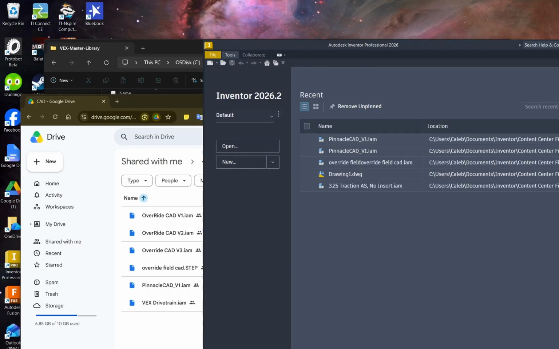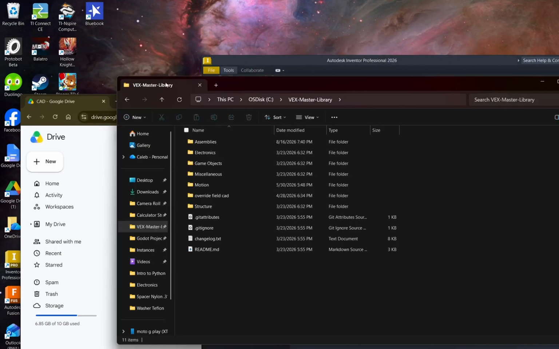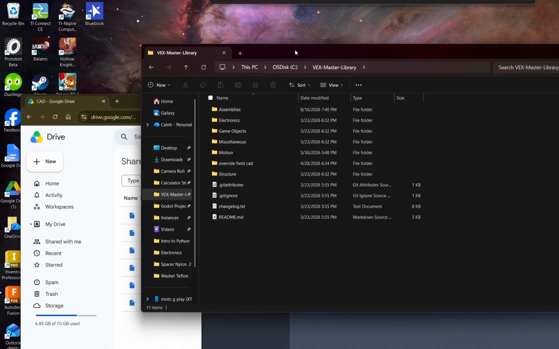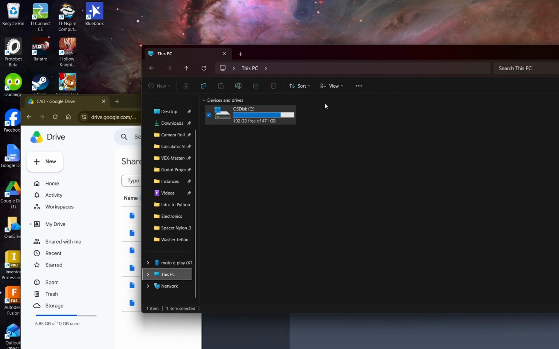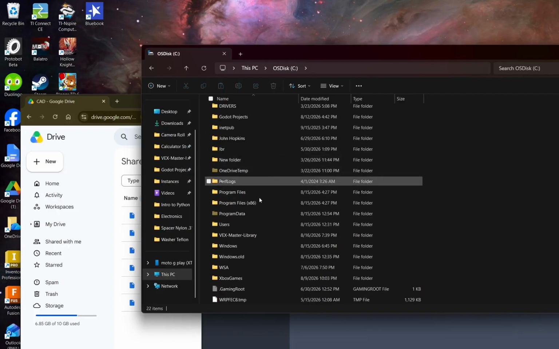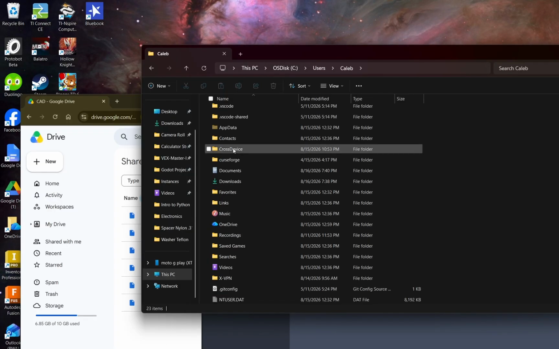Okay, so today I'm going to show you how to have a thing like this. So first, you're gonna go to wherever you have your thing. So usually you go to your OS drive, you go to your users, you go to your profile, and